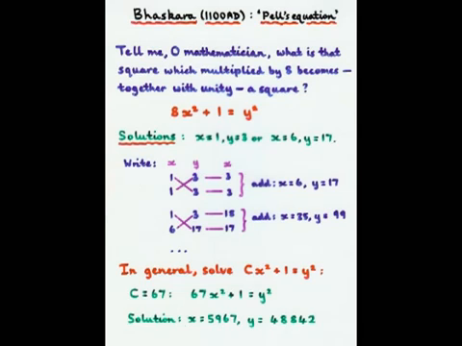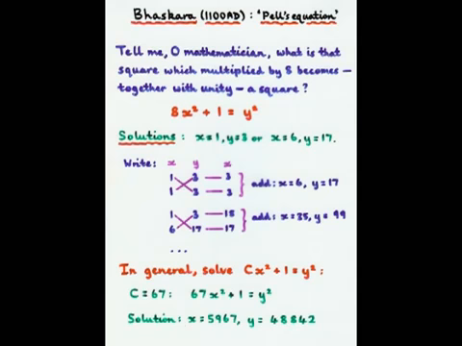And they gave methods for taking a solution and getting new solutions. In fact, as many new solutions as you like. Because you can spot quite easily that if x is equal to 1, this is 9, so y is equal to 3. So what you do is you write 1, 3, 1, 3. And then you multiply. You go 1 times 3 is 3, 1 times 3 is 3. If you add these two, you get 6. And that's a new value that works for x. And if you put 6 in here, you get y is equal to 17. And of course, they didn't use this algebraic notation, but this is essentially the method that they used.